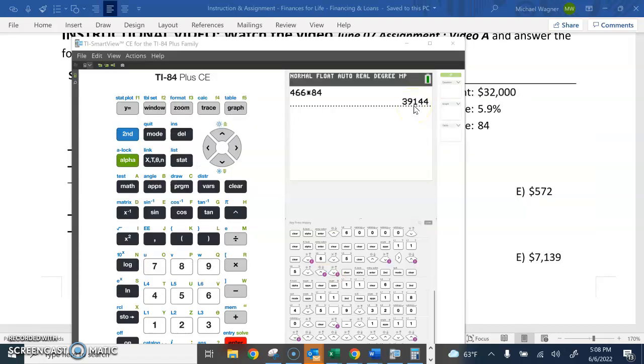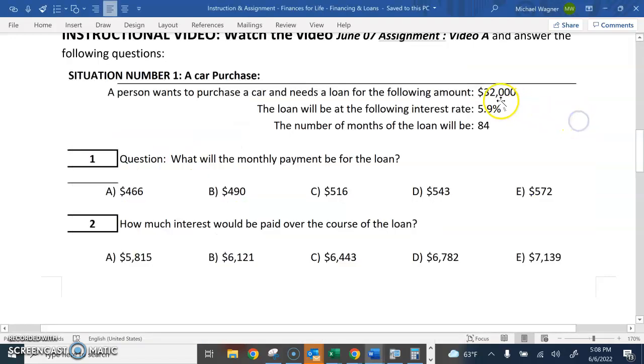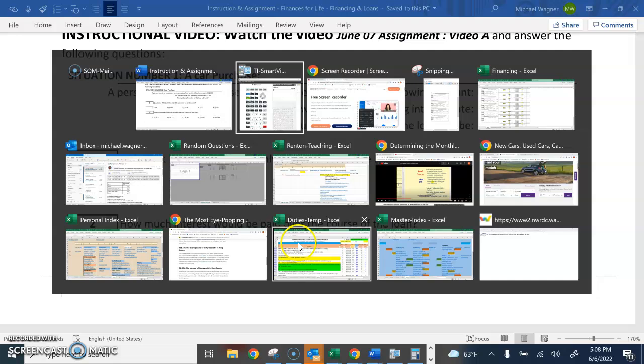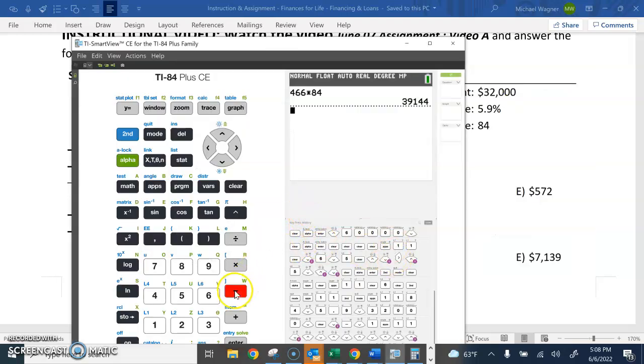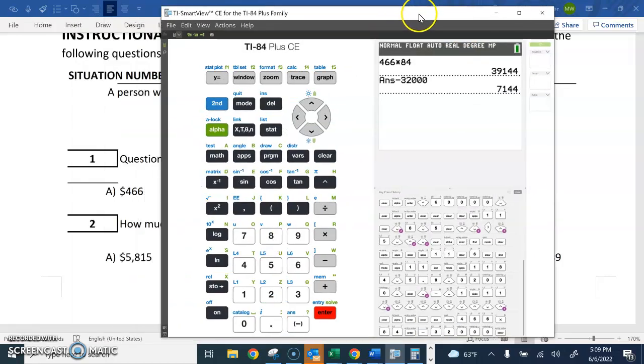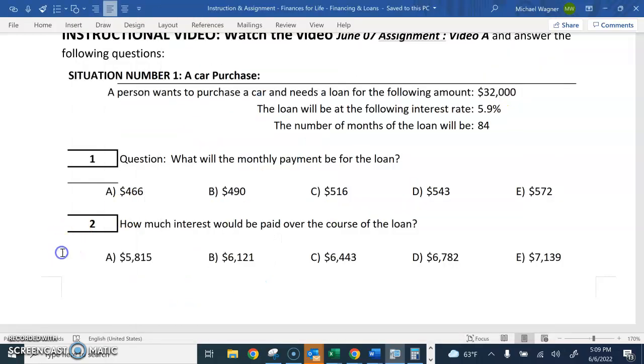But if I want to know what part is just the interest, I know that the beginning amount was 32,000. So I'm going to subtract 32,000. And I get about 7,144. Now I rounded to 466, so it may be off by a few dollars, but 7,144, that's pretty close. So that would be choice E. So that would be the amount of interest, even though you bought a $32,000 car, that means you paid $7,000